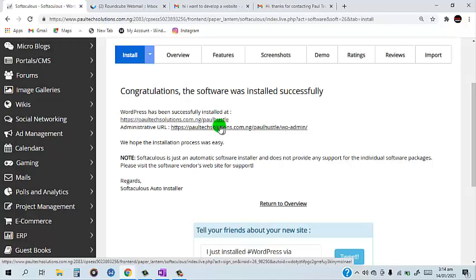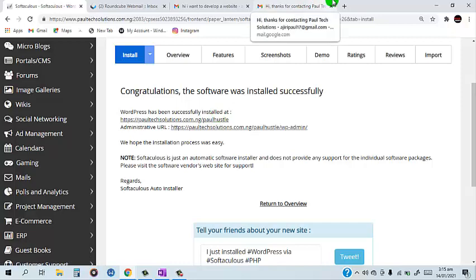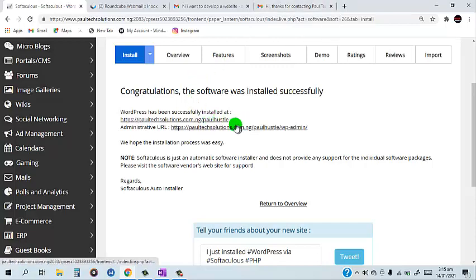So always make sure that the login details to the back end of your website are kept properly. The password and username we created just now are used to log into the back end of your website. But when you want to visit the front end of your website, anyone can visit without having to log in or anything. So this is the link to the front end of your website, and this is the link to the back end of your website. You can see how it's displaying here: